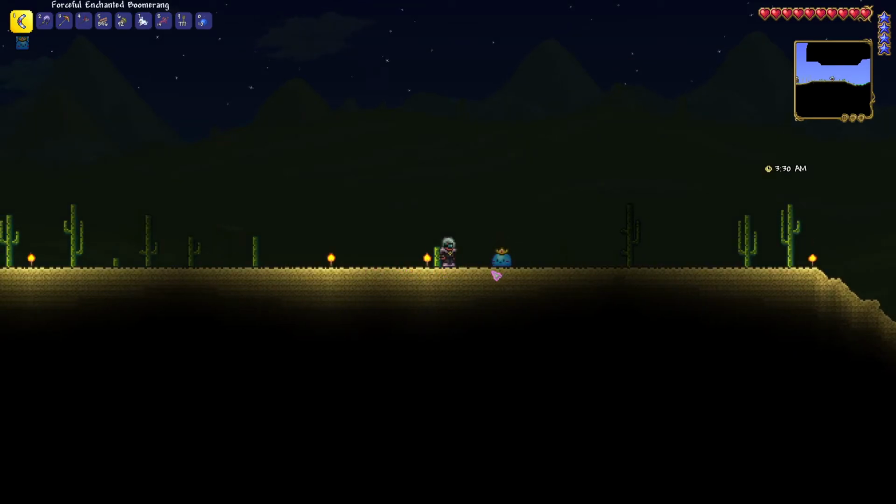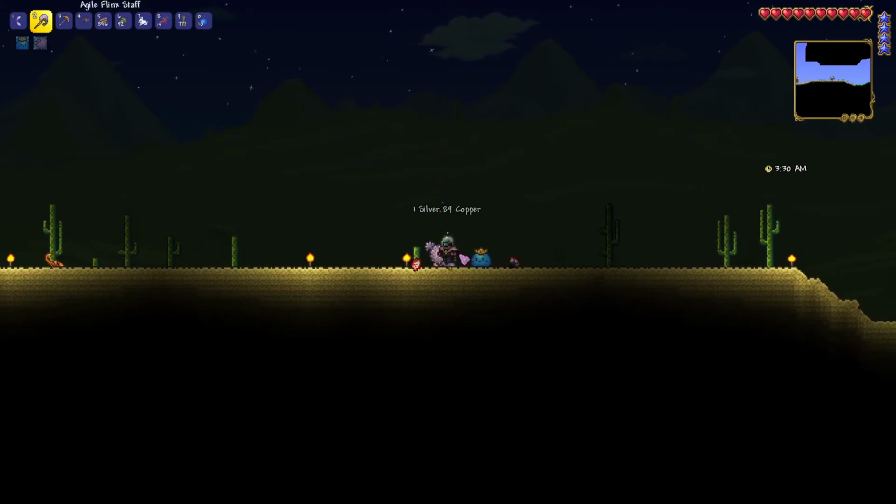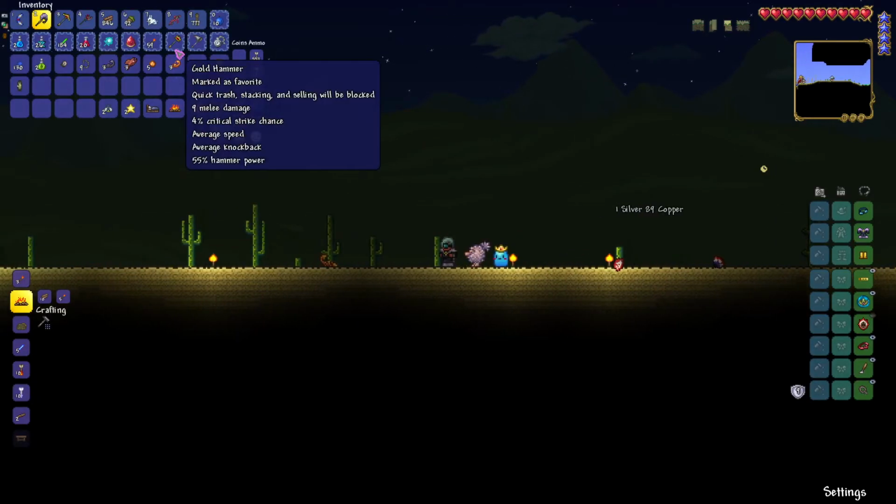Oh, by the way, do you like my son, Jerome? Wait, was that star named Jerome? This is Jerome now. Stop it. I got him from a boss, the Slime King. He has a 1 in 4 chance of dropping, and he's just the cutest little guy. I love him so much. Anyways,